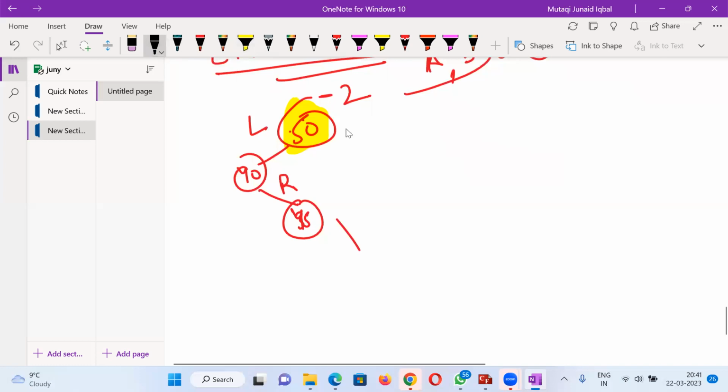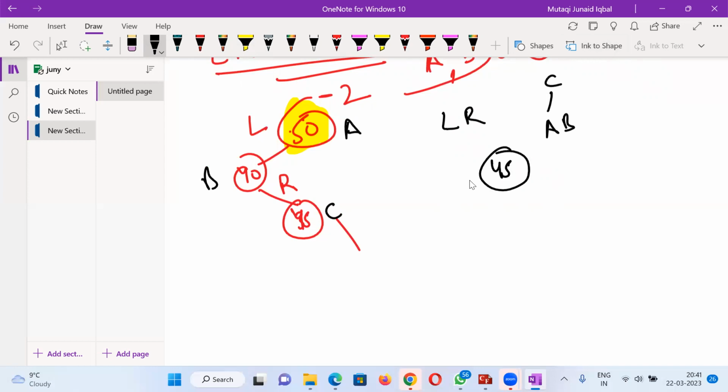तो उसी वक्त हम क्या करेंगे, हम बोलेंगे ये मेरा A हो गया, ये मेरा B हो गया। और 40 जो लेफ्ट में गया है वो B हो गया, और ये वाला बंदा जो 45 है वो C हो गया, क्योंकि रोटेशन कौन सी लगी, LR रोटेशन। LR रोटेशन में क्या करेंगे, A और B जो दोनों है उसको C का चाइल्ड बनाएंगे। यानी कि इस सूरत में 45 पापा बनेगा, लेफ्ट साइड 40 और राइट साइड 50 जाएगा, तो हो गया खेल खत्म।